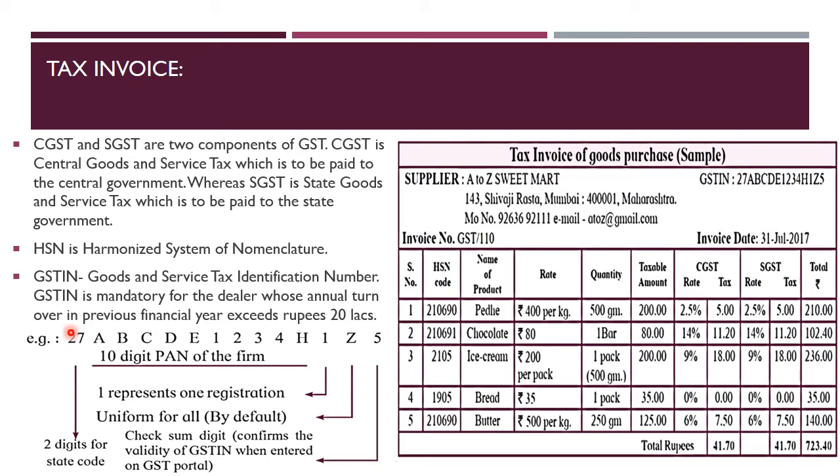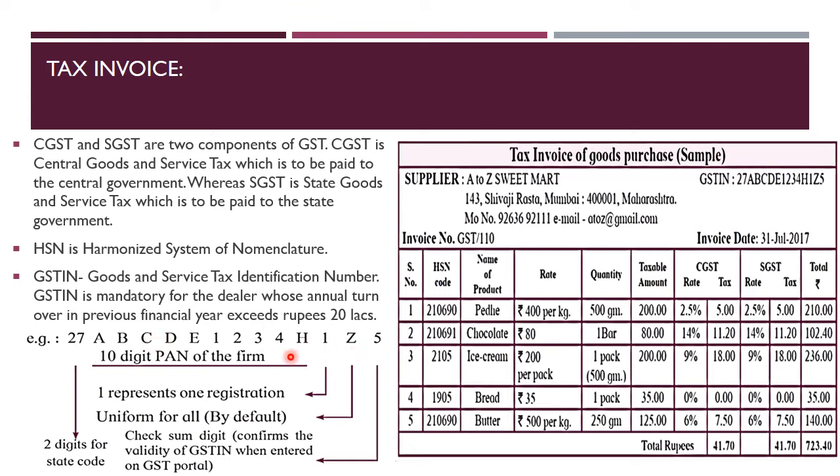Now if you observe these digits, you will be able to find which state this particular trader or businessman or dealer is associated with, or registered under. That will be recognized using the state code. Next, the following 10